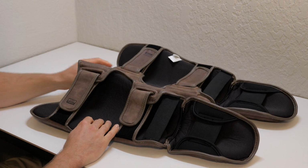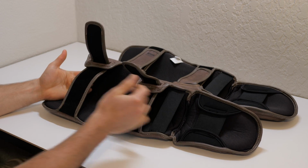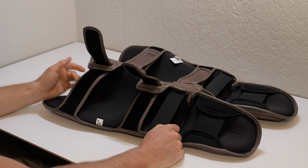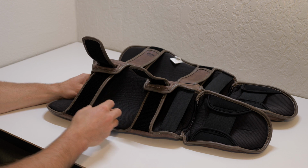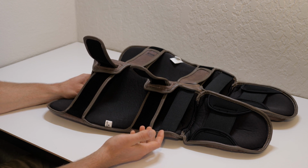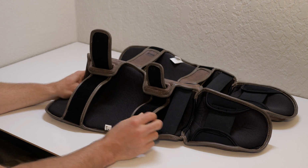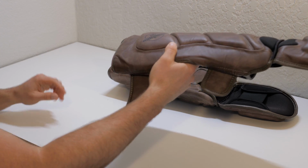So on the back of the shin guards, you'll see that they have a very open design. There's two straps for your calf, one strap for your ankle, and one strap for your foot. This is done on purpose to protect your legs from overheating. You really don't want your legs to sweat too much when you're in pads, because sweat is moisture, and when your legs become moist, things get slippery, and you really don't want the shin guard to go flying if you're